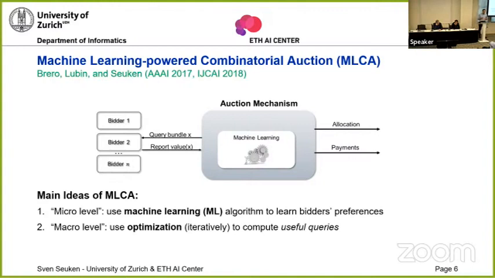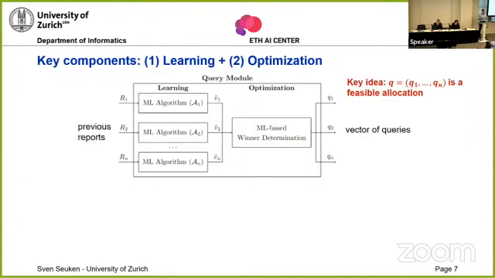And the idea here is that on the micro level, we're using machine learning to learn the bidder's preferences during the running of the auction. And on the macro level, we're using an optimization algorithm to iteratively compute useful queries after every round of the auction. So zooming in a little bit on the key component of this mechanism, we are equipping every individual bidder